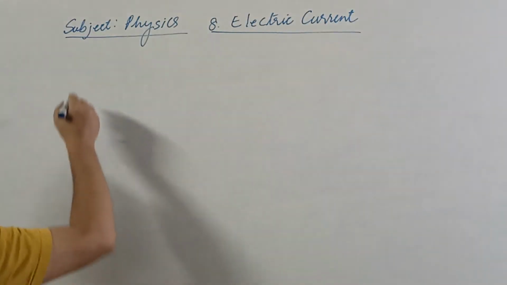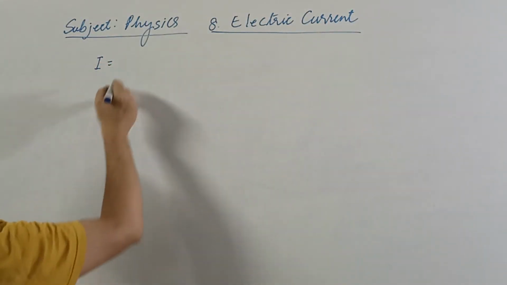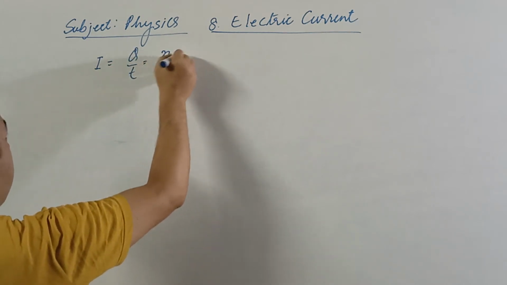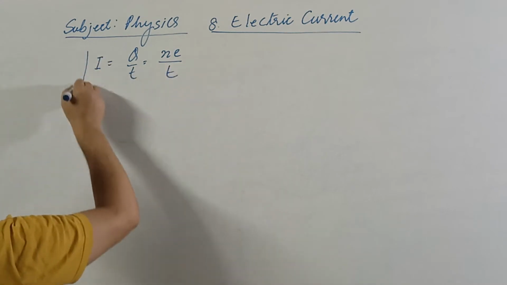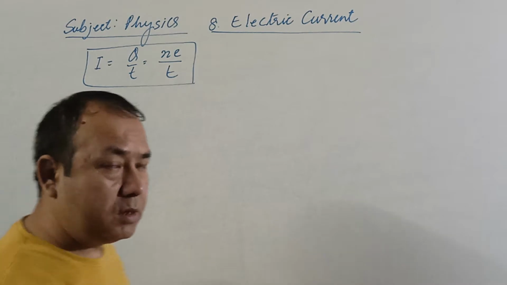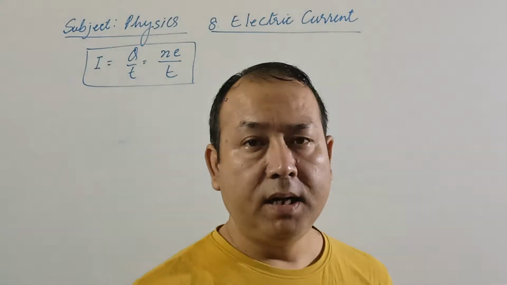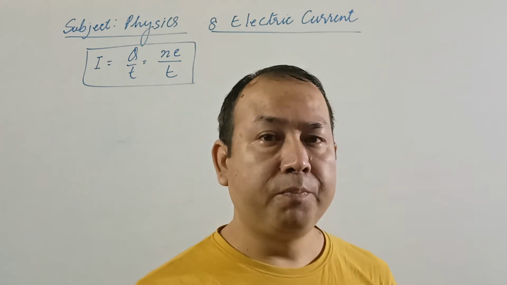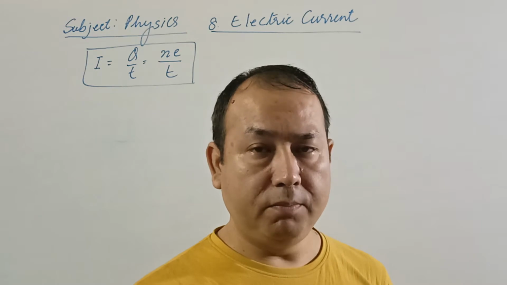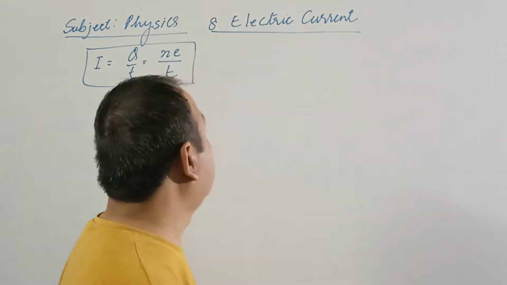let me first write here that the electric current is the rate of flow of charge, that is Q upon T, and again Q is equal to Ne. So we get the mathematical expression, that is I is equal to Q upon T is equal to Ne by T, where N is the number of electrons flowing through the conductor and e is the charge of the electron, which is equal to 1.6 into 10 power minus 19 coulomb. The SI unit of charge is coulomb. The SI unit of current is